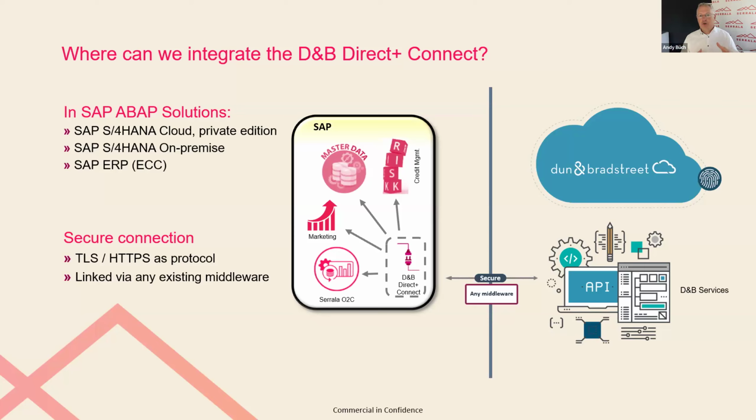In, let's say, a know your customer onboarding process, you probably just want to ensure the address details plus some risk indicators. In a regular automatic ongoing monitoring or assessment, you probably want to get information like employees or more risk data as well. Whereas, and that's an important part today, in a collection process or dispute process, you're rather interested in payment experiences. So those information will be used in a targeted manner now with the D&B Direct Plus Connect.